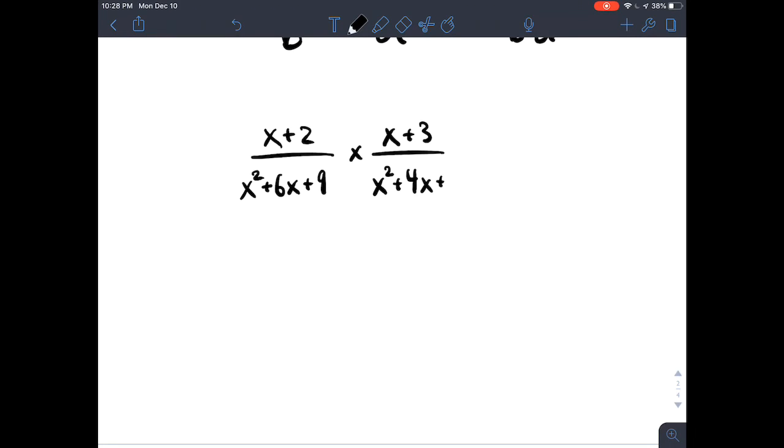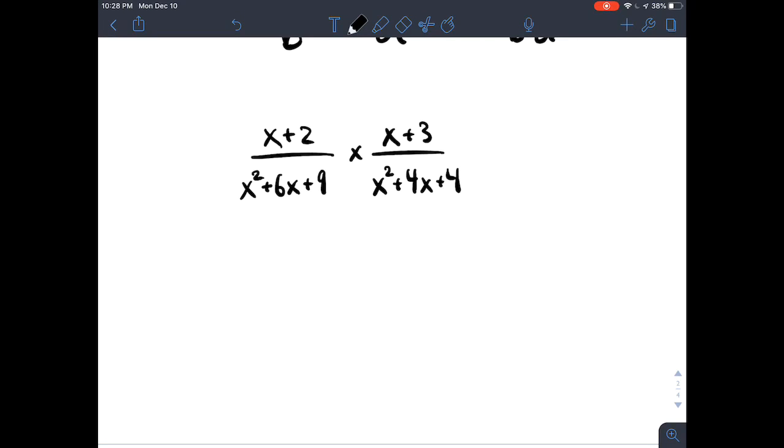So if you had something like, I don't know, x plus 2 over x squared plus 6x plus 9 times, I'm sorry that the times here looks like an x, it's not an x, times x plus 3 over x squared plus 4x plus 4. Again, these are just examples that I chose. If you're multiplying these two rational expressions,